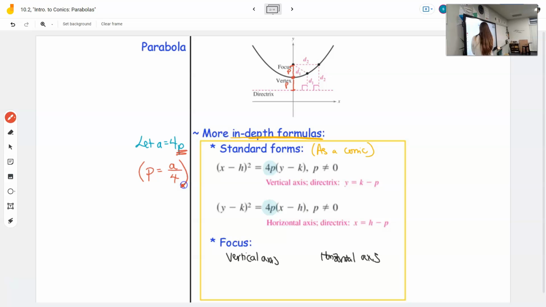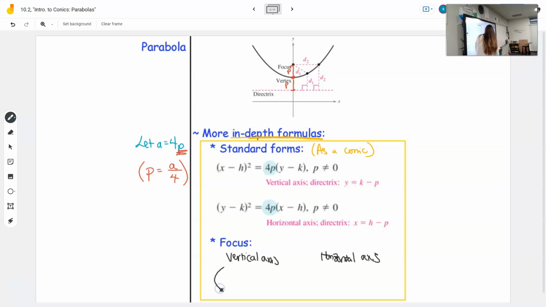I can know how to get to a focus or how to get to a directrix if I can just find that distance. Now the focus is a point. Focus your attention. If you focus your attention, you're focusing it in on one single point. The directrix is a huge long line. The focus is a point, and so to get the formula for that,